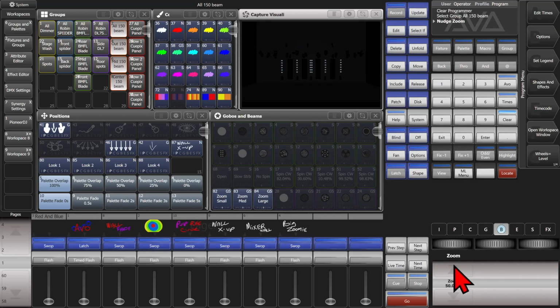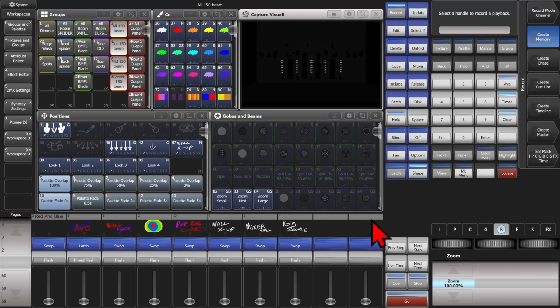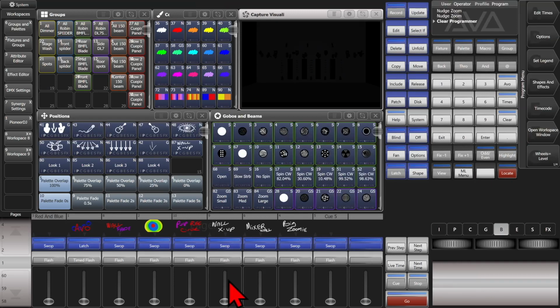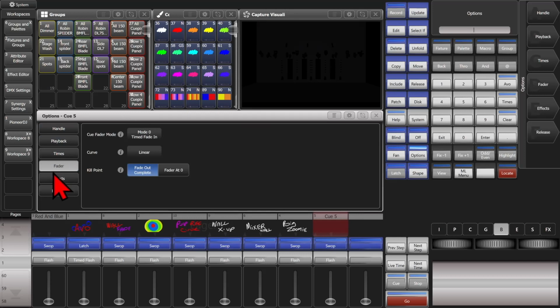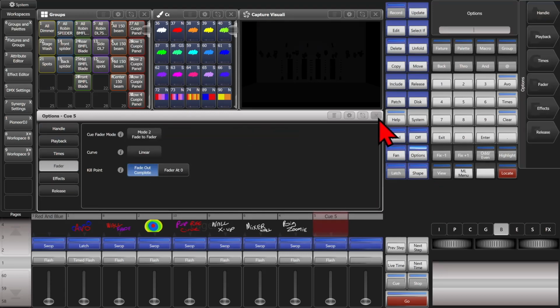set our zoom to 100%, and then we'll hit record, change the record mode to channel, and we'll select the empty fader here. Now we'll set our zoom back to 0%, and now we'll hit clear. And I'll go to our options, our fader tab, change our fader mode to Mode 2, and then exit out